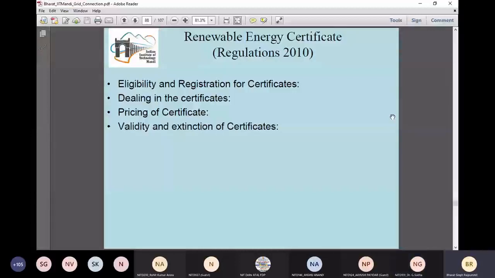Let's say you are in Andhra Pradesh and you want to inject the power into Andhra Pradesh, you will be able to get the money based on your bilateral contract with the state utility. It could be a bilateral contract, it could be a preferential tariff, anything. But let's say you are in Andhra Pradesh and you want to sell power to Delhi, which requires a good amount of renewable energy. You can do so once again based on a bilateral contract, but in this case you need to pay wheeling charges also. What is the meaning of wheeling charges?